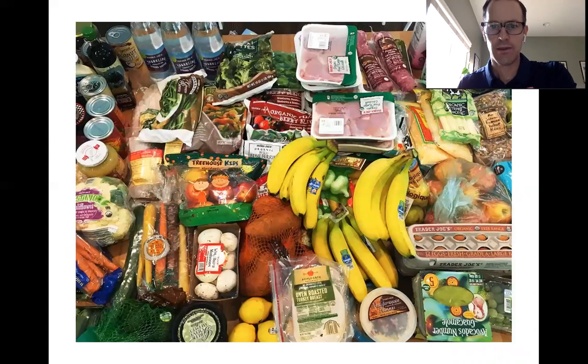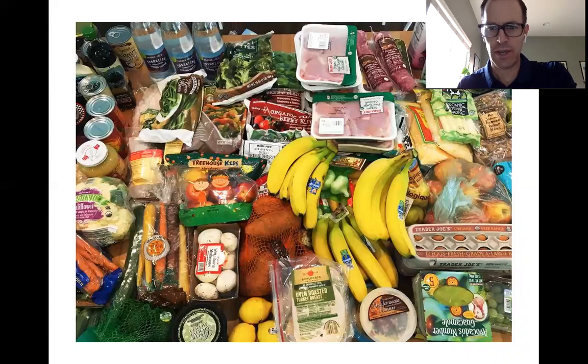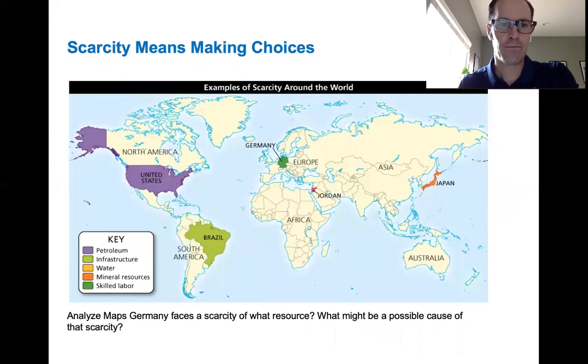Now, you are going to be in a situation, if you haven't already been, where you are having to think, okay, am I going to buy these high-dollar luxury items, things that are not necessary for life, or am I going to buy food? So that's another issue of scarcity. Which do you choose? All right, so back to choices.